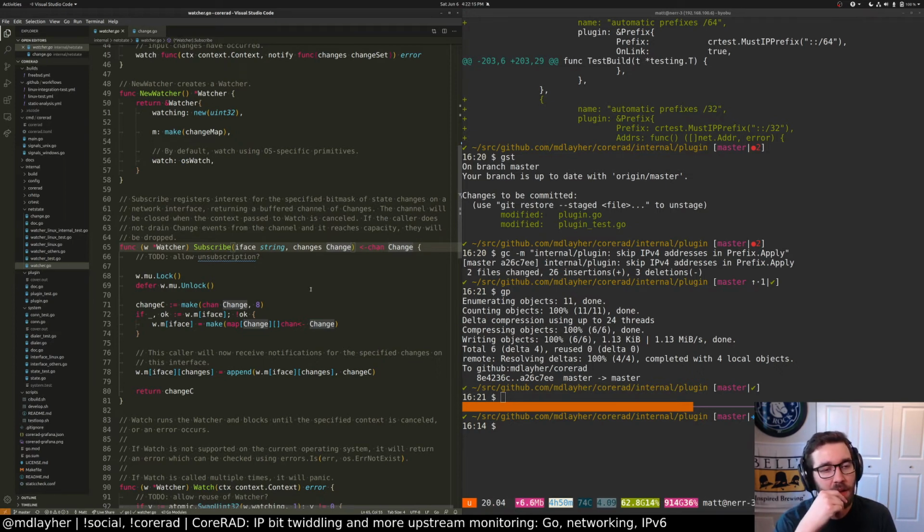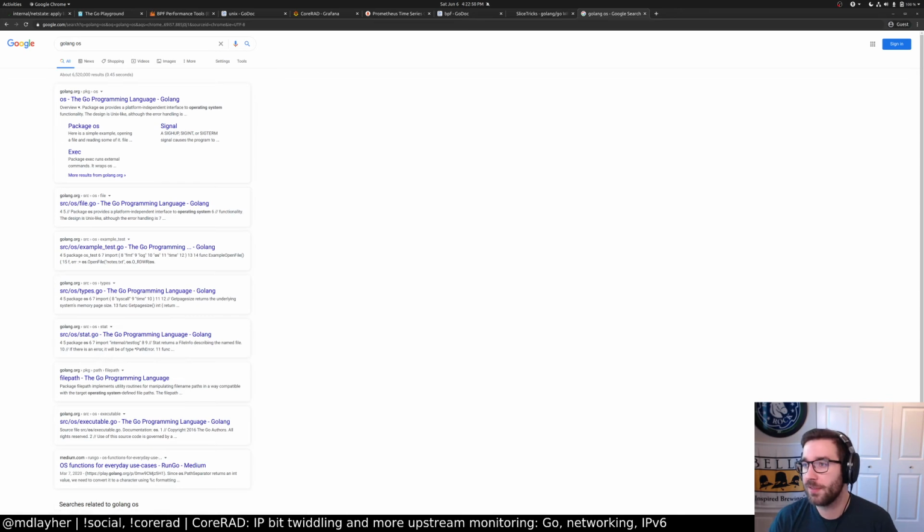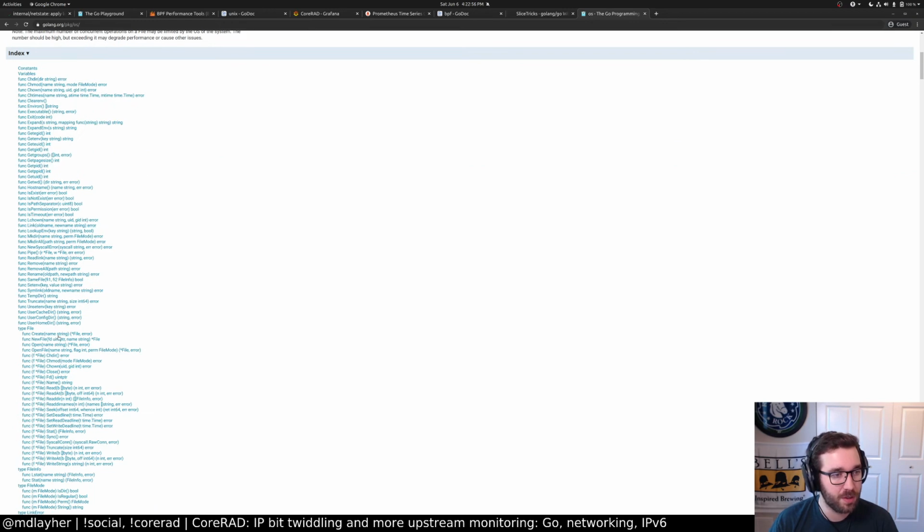I appreciate that. I think what we probably want here instead is, instead of getting these changes back, you get messages related to that sort of thing. So we can actually get the raw route netlink messages, I think, and then inspect them for more information. I don't think we can abstract this away effectively per OS, at least not yet. So what I'm thinking is we probably want to return a channel of maybe empty interface, and then a lot of type assertions to OS-specific types. It kind of sucks, but this is a pattern that... wrong tab. OS. Let's see here. This is a pattern that... what is it? OS file? Or OS stat?